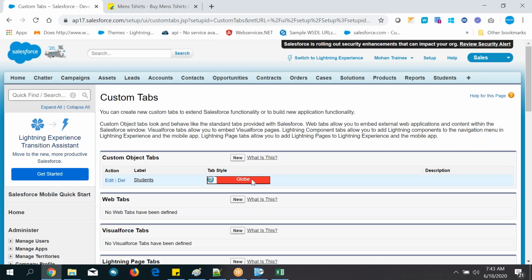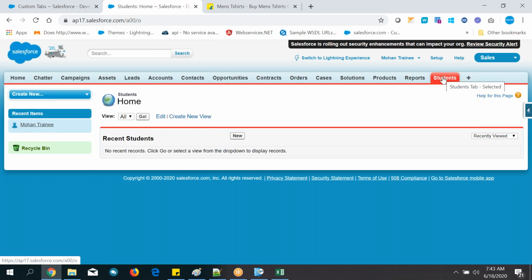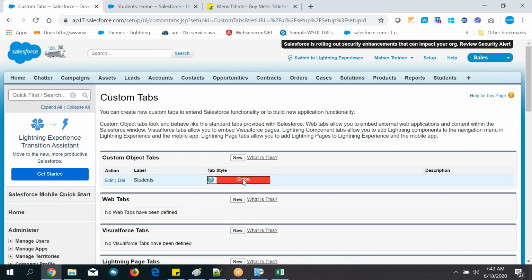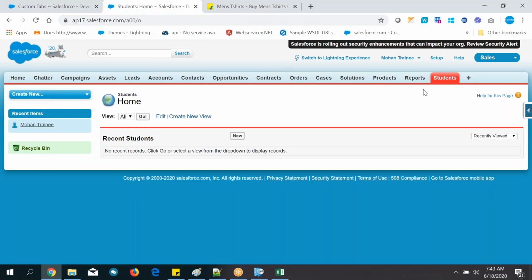Now color, right? This color. So let me duplicate it. Let me click this one, the tab. Click on the tab. What is this color? Can you compare with this one? Both are the same. So while creating the tab, you have given the tab style, right? Whatever style you have given, that will be applied when you click on the tab. And also you can see the red color and this border is also red color. That is the use of the tab.